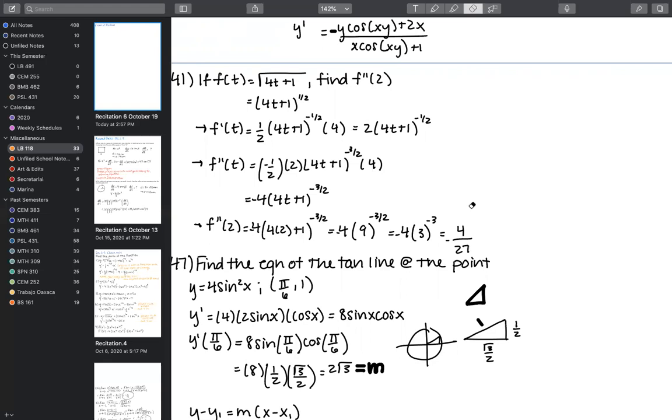Can you explain how you got the 27 at the bottom? Yes. So that goes back to the fractional power manipulations. We plugged in the 2 here. If you're good on the calculus, then we'll skip the explanation there. We plugged in the 2, and then 4 times 2 plus 1 is equal to 9. So this is our jumping off point as far as breaking down this fractional power.